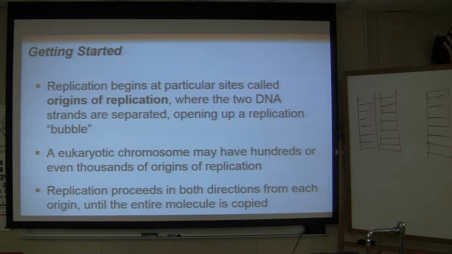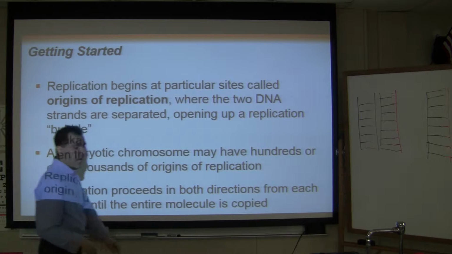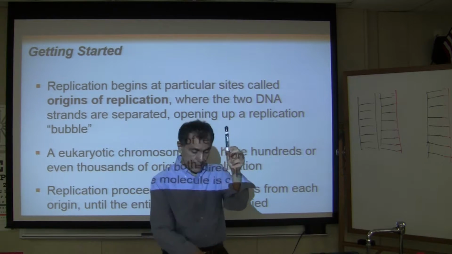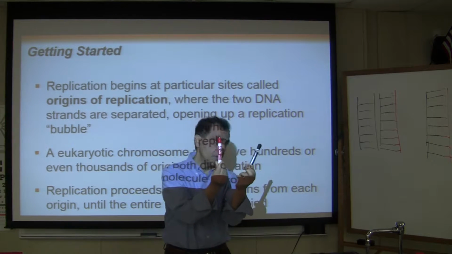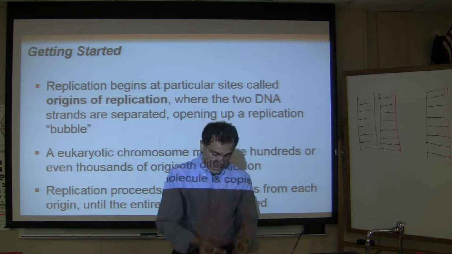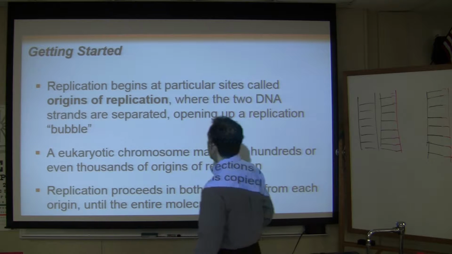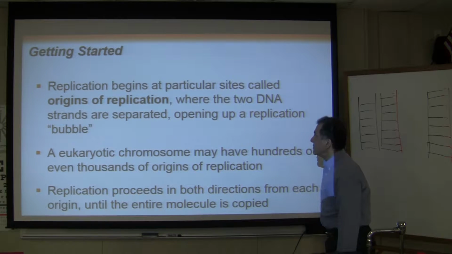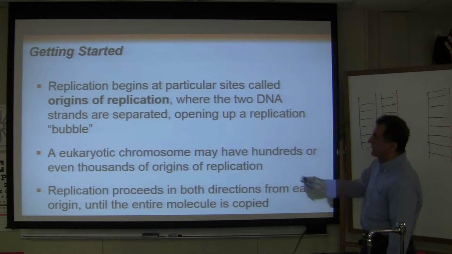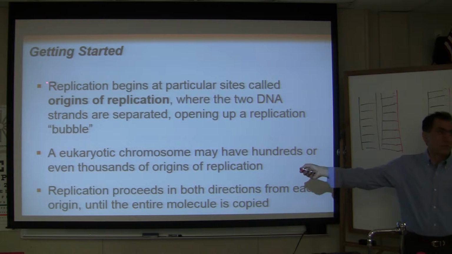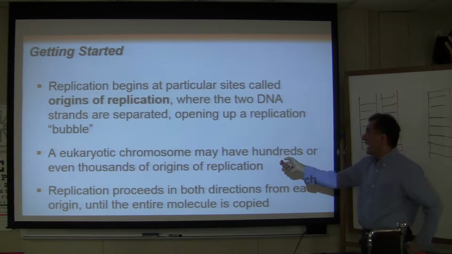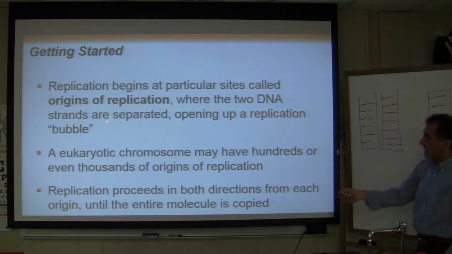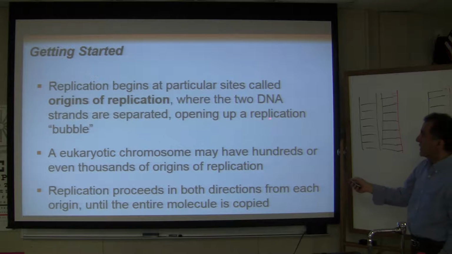So what happens getting started, it means what? You have a DNA, you have one DNA that is going to multiply to 2, right? That's what I'm talking about. How does that happen? You should know that. Okay, so what happens, you have origin of replication. Replication means duplication, where the DNA strands are separated,